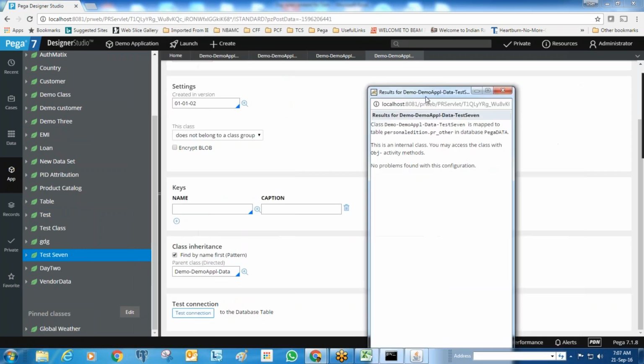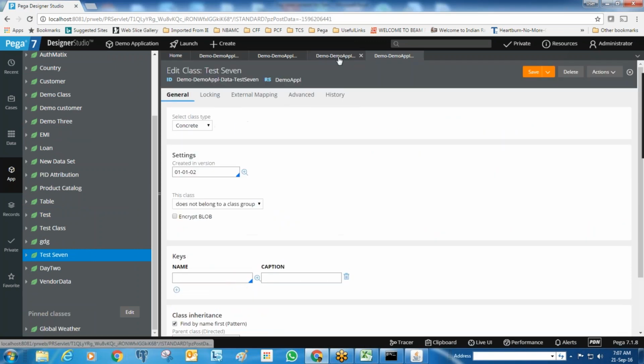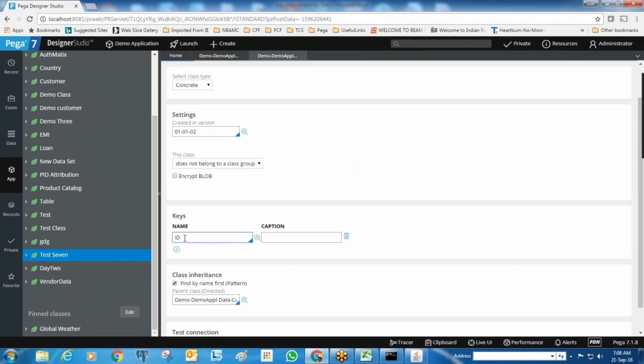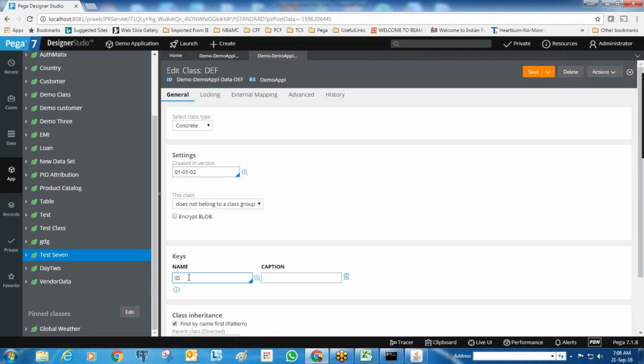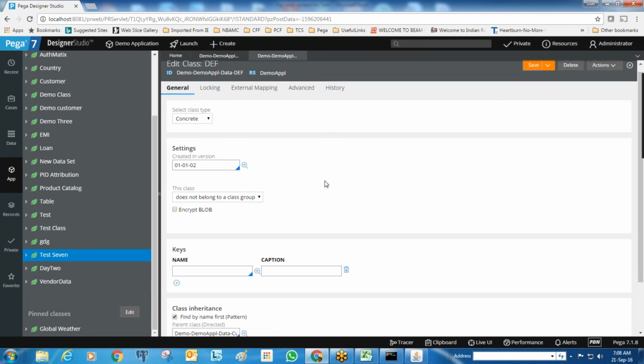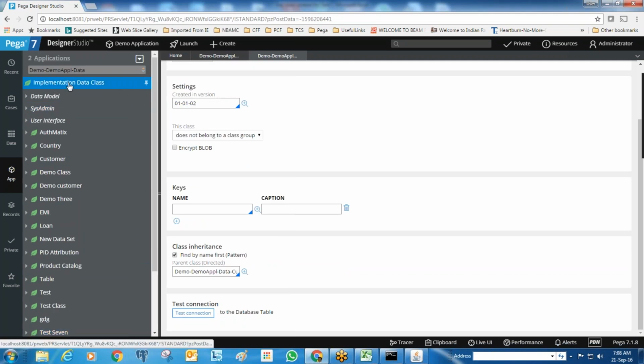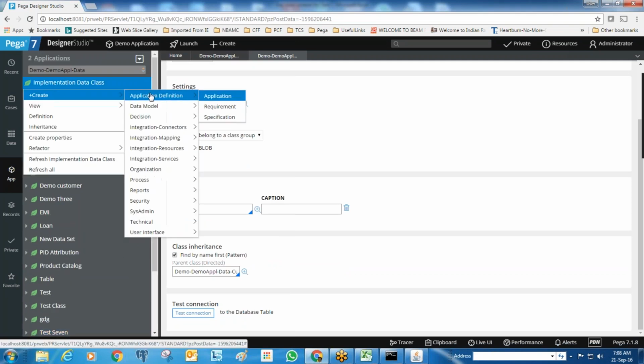For test 7, it is going to PR other. So what the system is doing here is, I forgot one more concept. When you define the keys, the system is creating a separate database table. So if you don't define the keys, let me try it, but it is already mapped to df. Let me try one more class without keys.